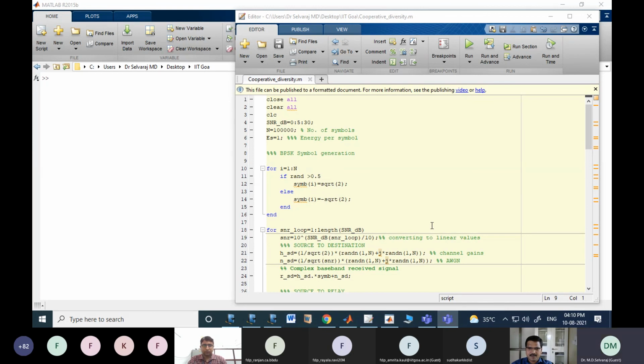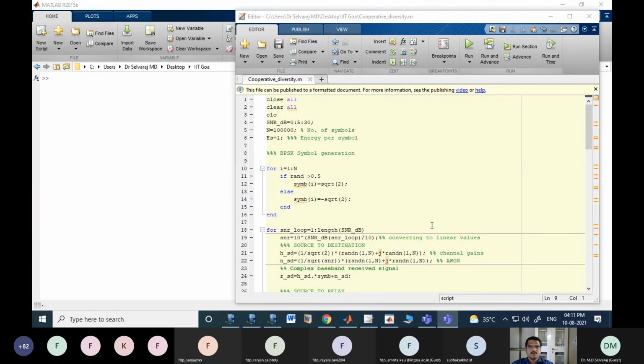That we need to find out. Your question is that I deployed only one relay between the source and destination, and if I deploy more relays, what will happen? The more parallel relays, the more diversity effect. Theoretically, I'm telling you without doing any programming, if I deploy more parallel relays, it is going to give more diversity effect. Therefore, we are going to get a benefit in terms of SNR gain.